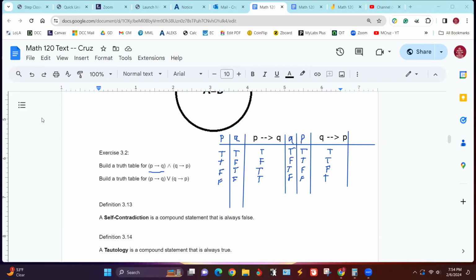So I'm going to just put the and symbol right here, because that's really all we're looking at. This is the last step, because we got the left-hand side, we got the right-hand side, and we're going to put them together with the and symbol.